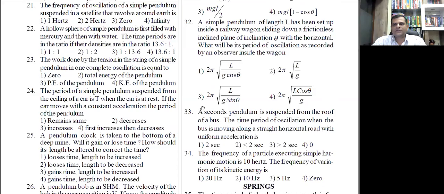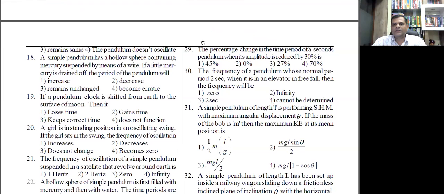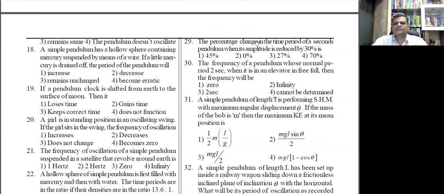Okay, so let us try this 29th question. The percentage change in the time period of seconds pendulum when its amplitude is reduced by 30%. Okay, so देखो ठीक से उसका एम्पलीट्यूड हमने रिड्यूस किया 30% से। अच्छा, एम्पलीट्यूड को अगर हम रिड्यूस करेंगे तो क्या फर्क पड़ेगा, कुछ भी तो नहीं, बिकॉज एम्पलीट्यूड के ऊपर डिपेंड ही तो नहीं करता है पीरियड,